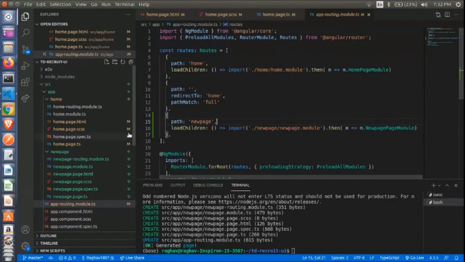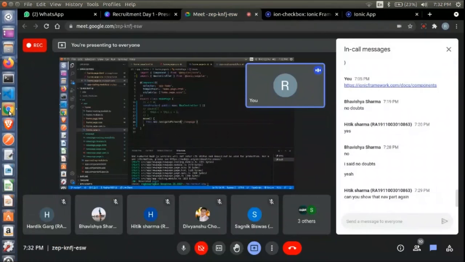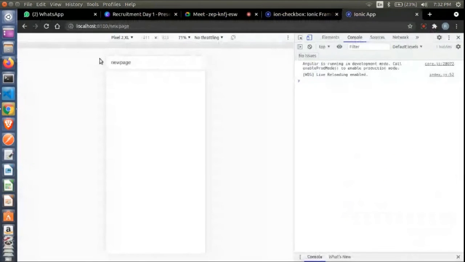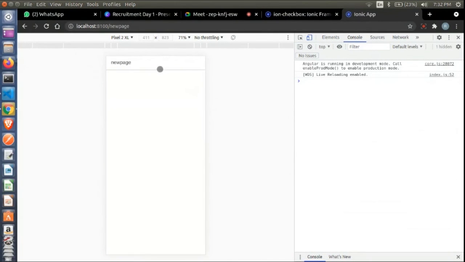So we specify this path in home.page.ts navigateForward as /new-page. After doing all this, we can see in the Ionic application that on clicking on the card, we are navigated to the new page.